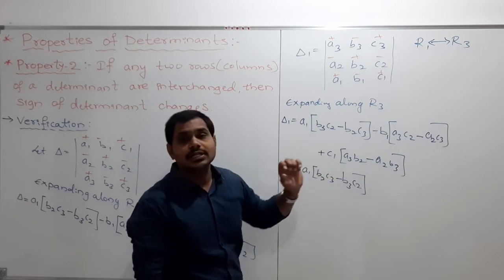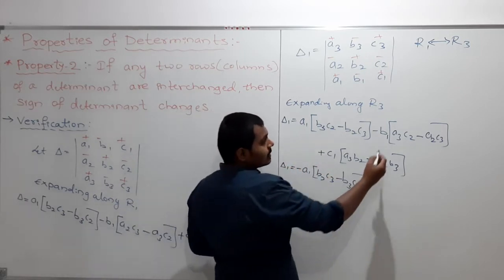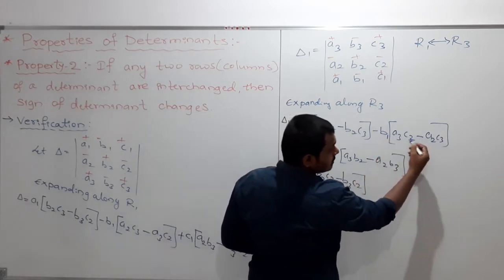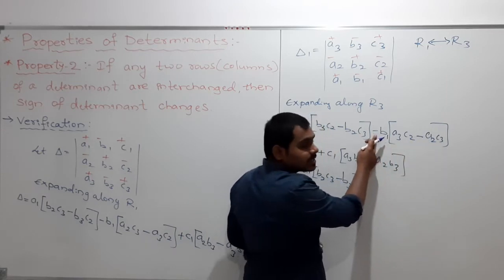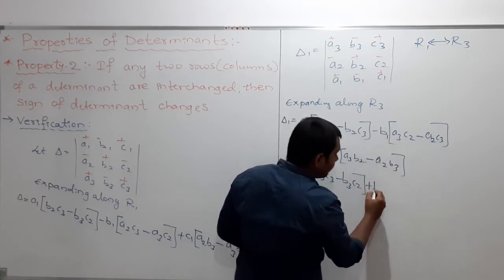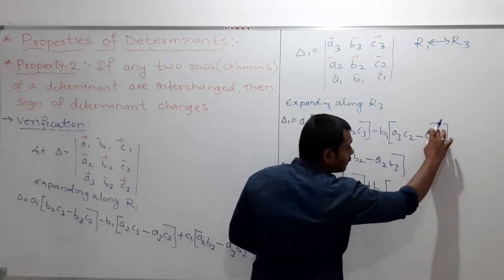Clear? Like this we should take the common. And again here, from this also I am taking minus common. So if I take minus common, here it is already one minus is there. Minus will become plus, and again I will write first this term